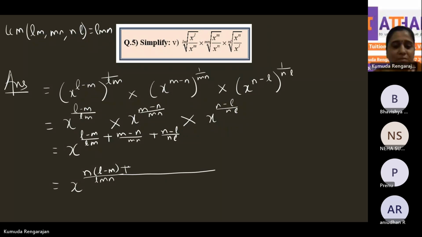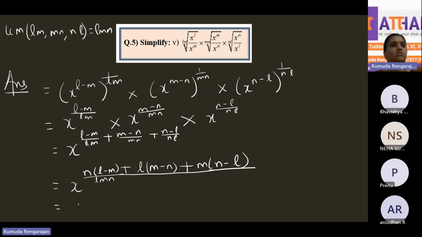Plus, here the denominator is MN. There is no L there. So multiply the numerator with L. L into M minus N, plus M into N minus L. Now, open the brackets. So it will be x to the power